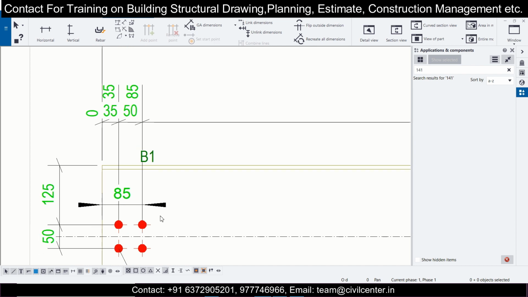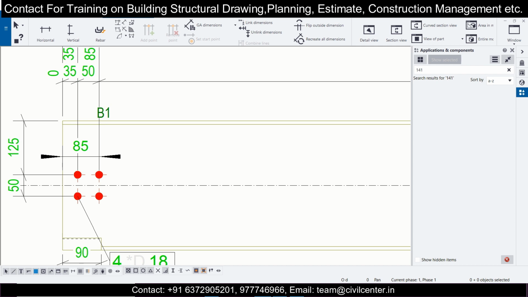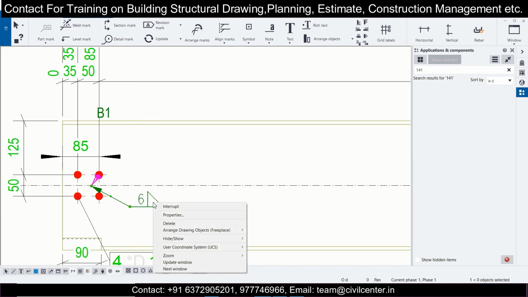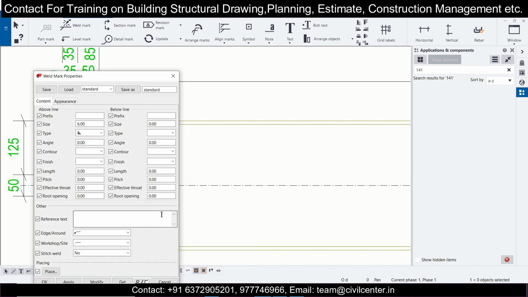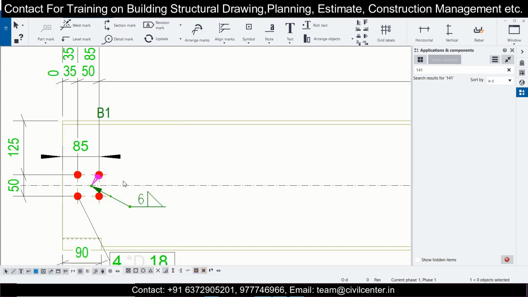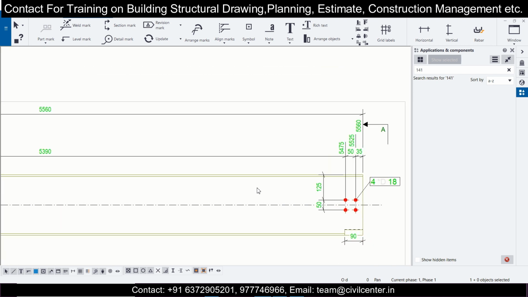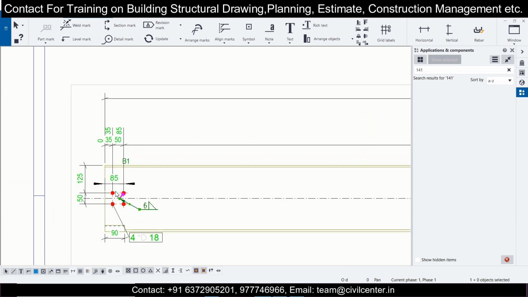So if you want to add a mark here, so weld mark, suppose you want to add this weld mark, we'll go to annotations and go to weld mark and insert a weld mark here, and wherever you end this position, the weld mark will be created like this. So you can go and you can just check out the properties of this also, and here you can change the weld mark type to the type which you want. Suppose I'm going with this and going on apply. Okay. So after that, like this weld mark will be added. So like this, you can take the dimensions of different zones here.